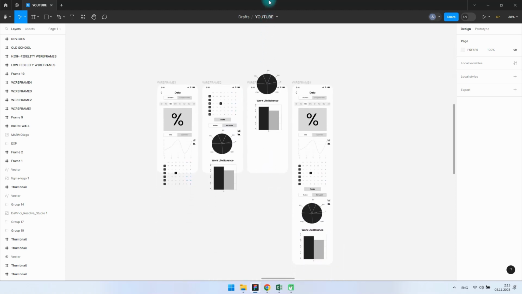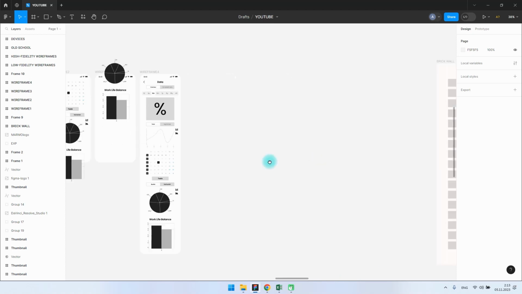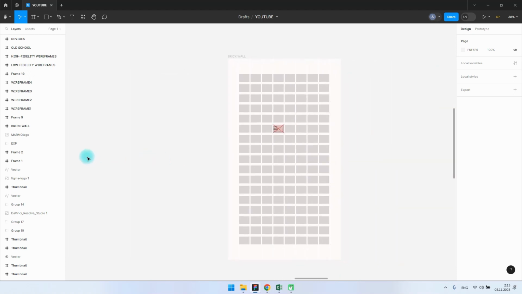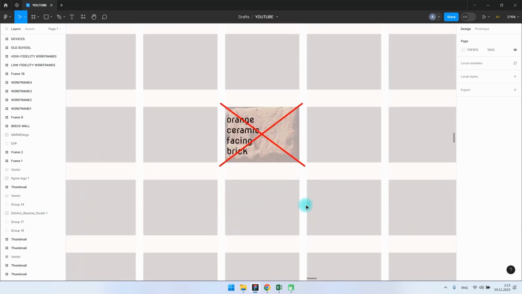Wireframes is one of the simplest tools for visualizing big ideas. It represents the skeletal structure of a website or digital product. Right now, you're seeing simple wireframes from the Community tab in Figma. You can take the wall as an example. In a wireframe, you describe its appearance in general detail, not telling you about the type of bricks that will be used to build the wall.